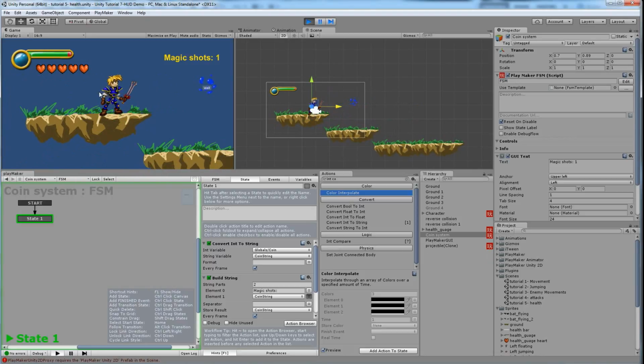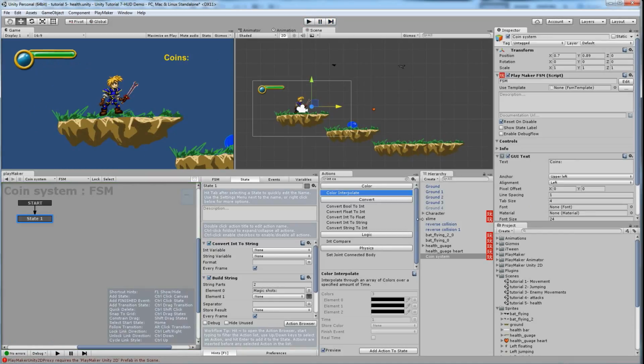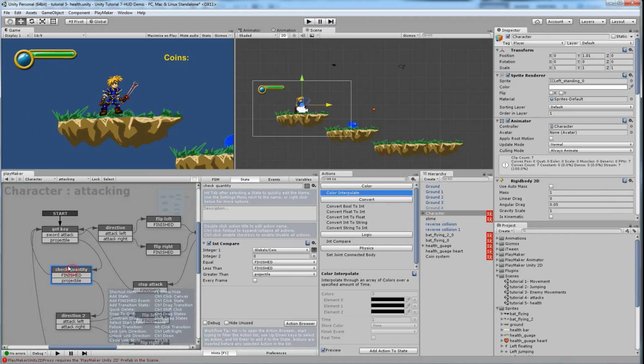But say you already had a gun and you want to limit the amount of bullets you have, so you don't have this new item you just picked up that does an infinite amount of whatever, we need to limit what happens with that. So we go back to here and we're going to check quantity. If it's more than 0, it goes to here, and at this state we want to